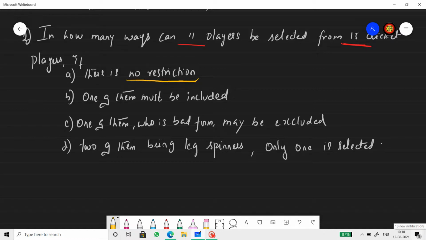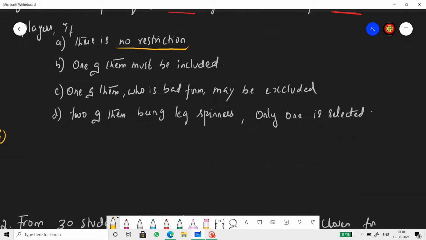So the answer for the first one is, out of 15 we have to select 11. So 15C11, which we expand as 15 factorial by (15 minus 11), that's 4 factorial, into 11 factorial.